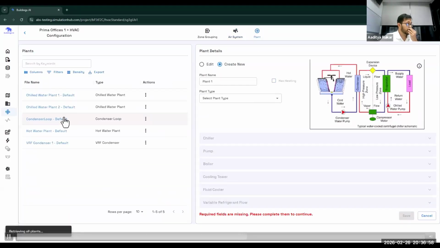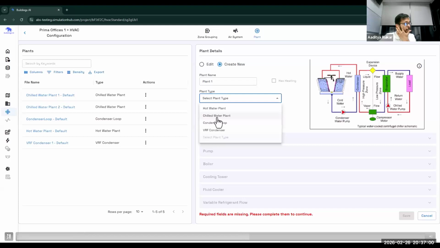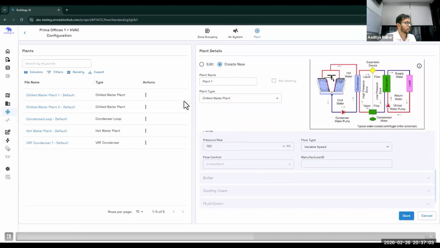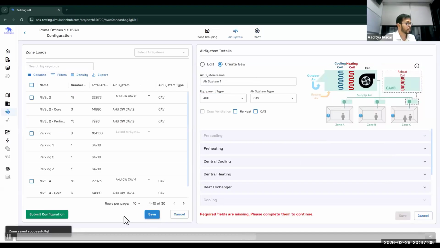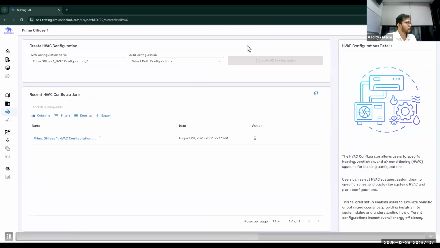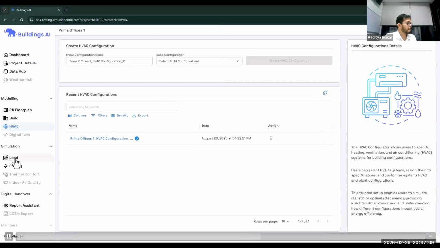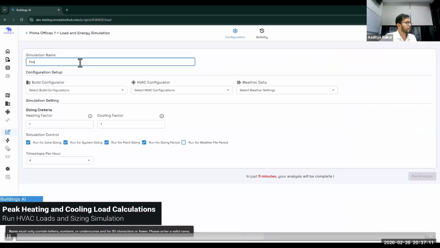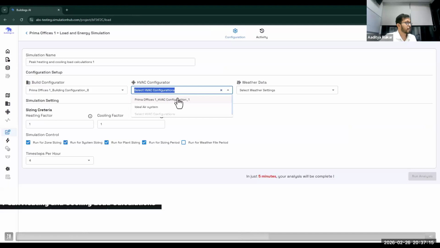And then I can look for the plants. These are the predefined plants, but if you want to change the parameters and create new ones, that is also possible. Then I can run the load simulation.